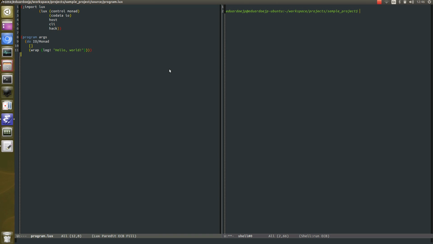So nominal type systems don't care about the shape of your data, they only care about the name. The Lux type system, on the other hand, is a structural type system. All that matters is the structure of the type, what it contains, and in which order. So you can have two completely separate types defined in completely separate modules, and if the structure is the same,